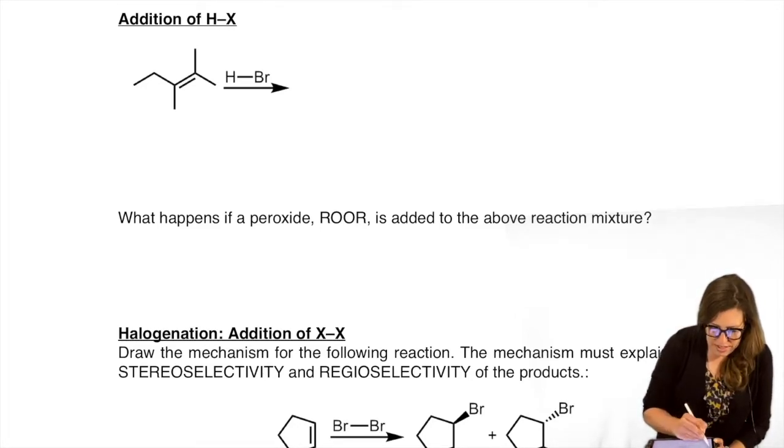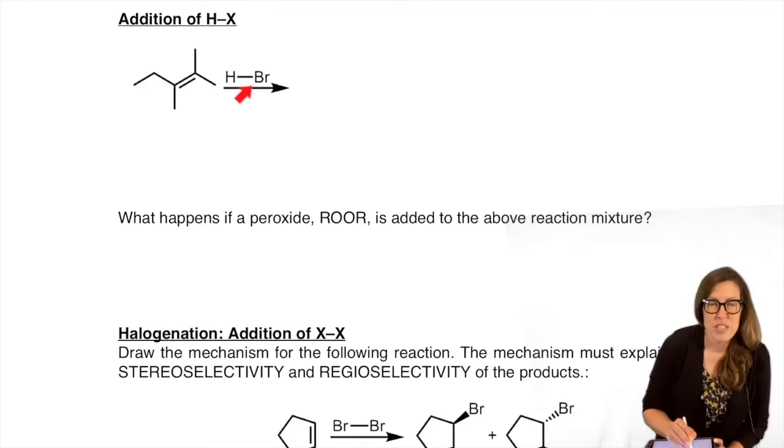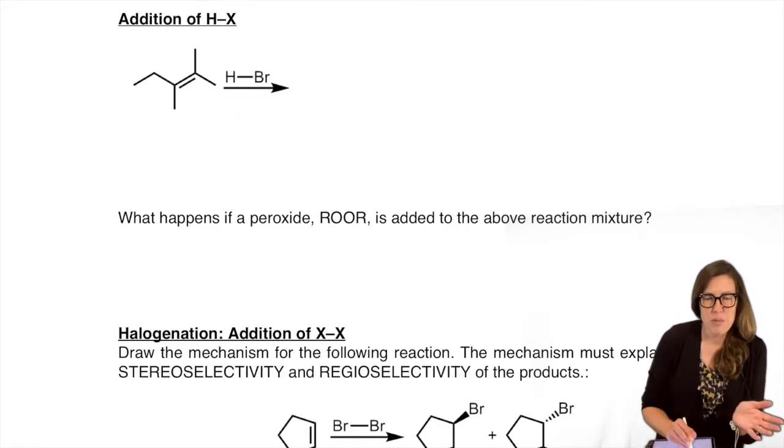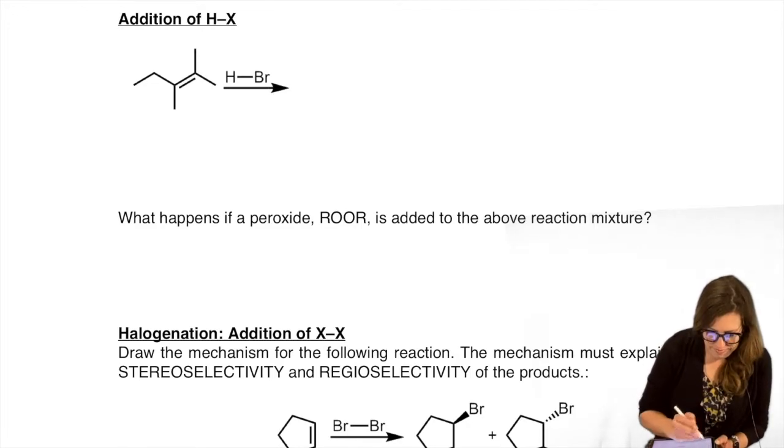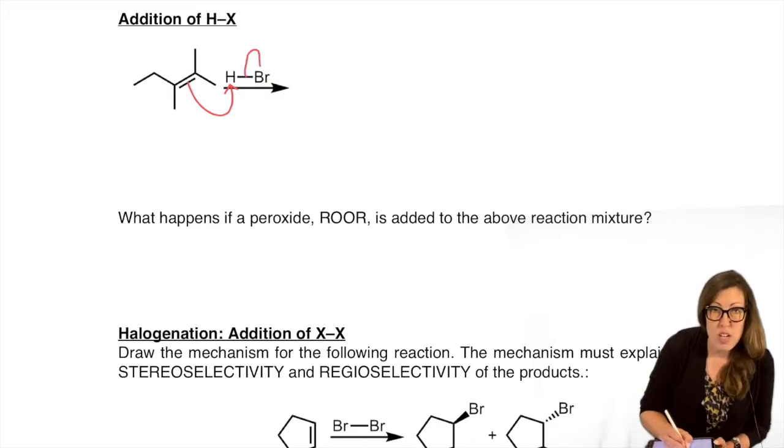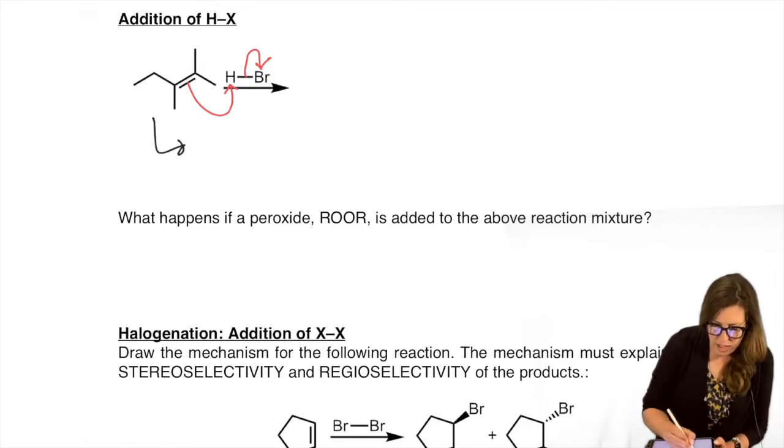So it's an acid, right? HBr. So just as we've been doing, and look, we don't have to do any equilibrium. We just know that the acid's ready to go. So what does the pi bond do? Does what it's always been doing and takes that H, the proton, and the electrons therefore stay behind on the bromide. We get our carbocation.